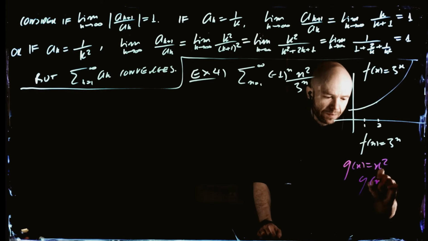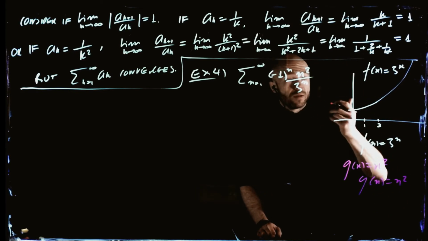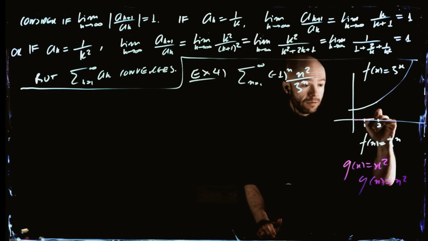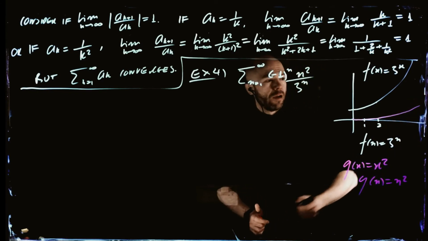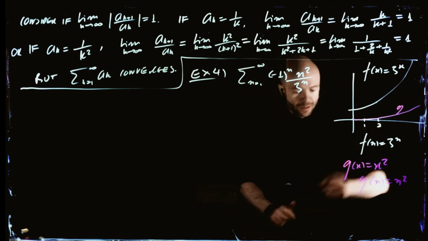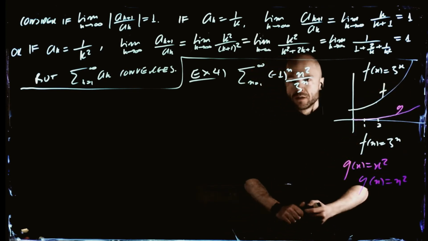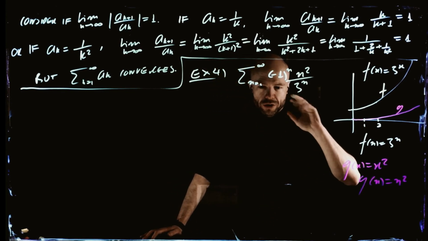Because g of n is therefore equal to n squared. And this thing is a completely different story. This guy is indeed increasing, but it is absolutely being slaughtered by the exponential function. The exponential function blows up so much faster than the quadratic. It's a total massacre, right? So even though the thing on the top is increasing, what you should know based on your